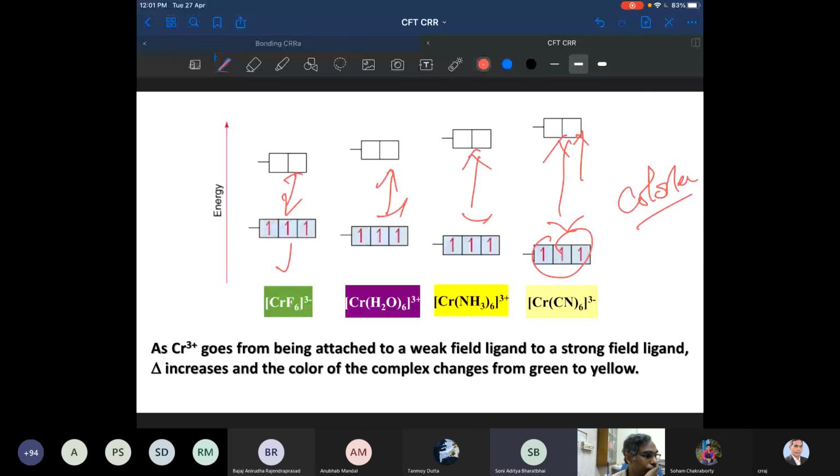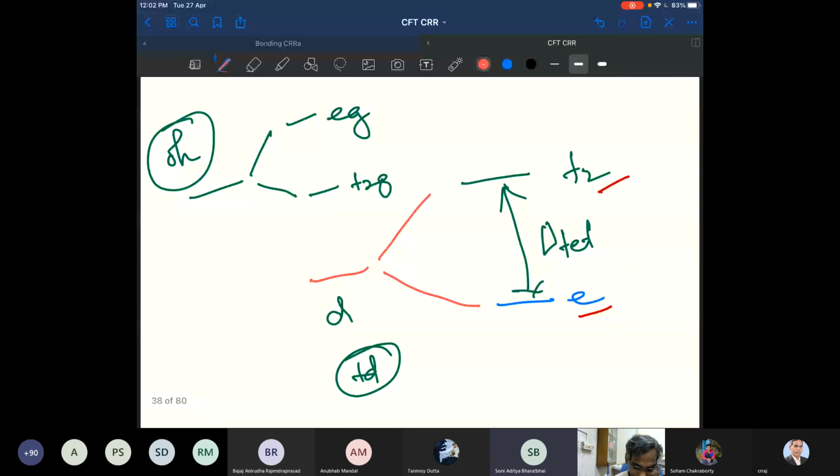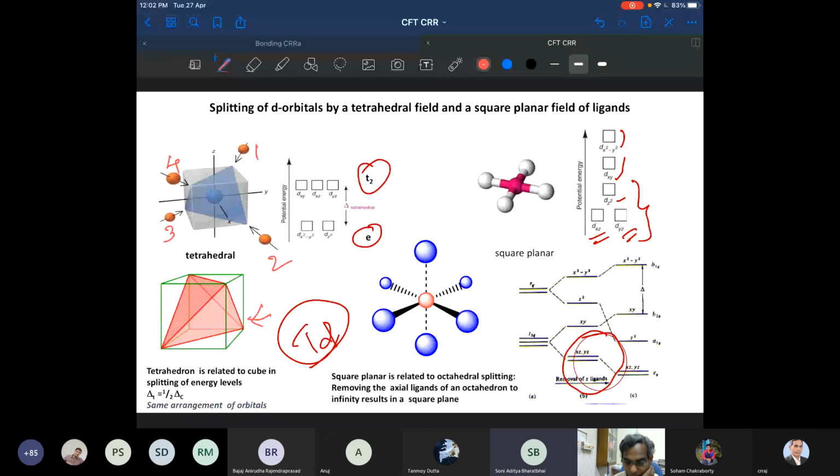Sir, in case of tetrahedral, the number of ligands is less as compared to an octahedral complex. So why, if the number of ligands is also less in a square planar complex, is the delta value for square planar more than octahedral and less for tetrahedral? Why is that so? I did not understand that. Yeah, very interesting, right? You understood the tetrahedral? No, sir, I am not very sure about the logic of tetrahedral as well. I'm not able to get it.